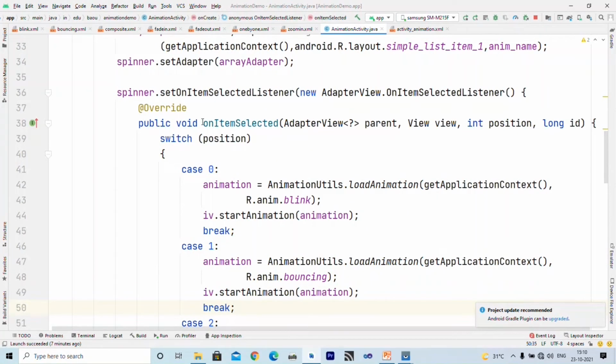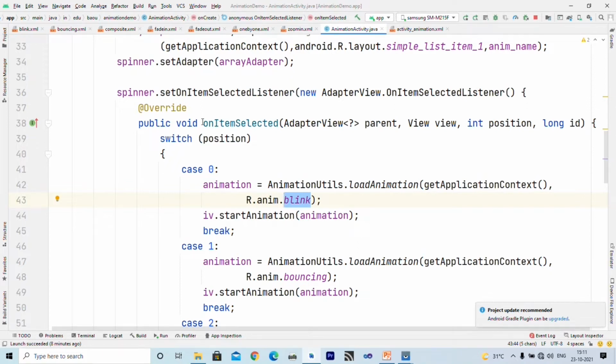Inside case 0 I have created an Animation object by calling the static method loadAnimation of the AnimationUtils class, and it takes two arguments. First is a context and second is an animation resource defined as an XML file inside the anim directory of the res folder. So blink refers to the blink.xml file defined inside the anim folder in the resource folder.